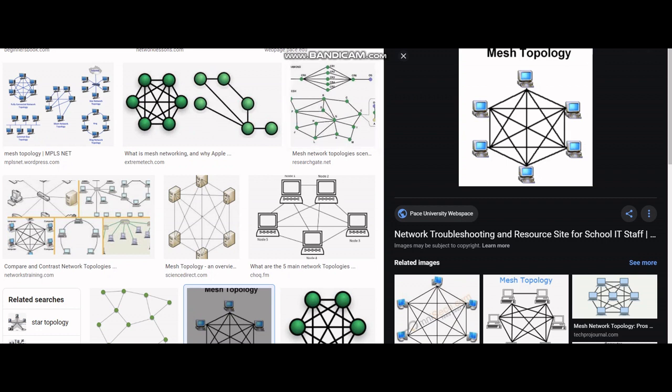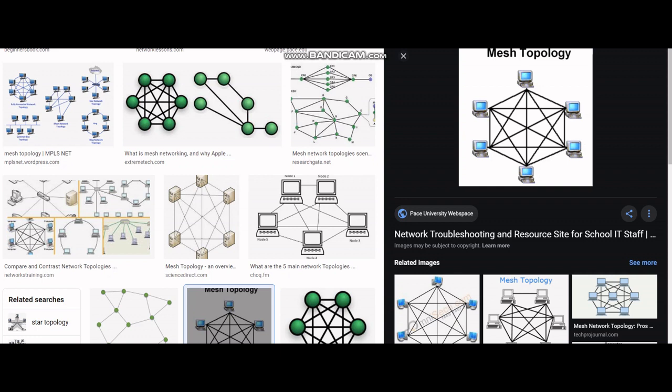Let's start from the beginning. So, mesh topology is an intricate and elaborate structure of point-to-point connections where the nodes are interconnected. In a mesh topology, it can be full or partial mesh. Partial mesh topologies are mostly interconnected, with a few nodes having only 2 or 3 connections, while full mesh topologies